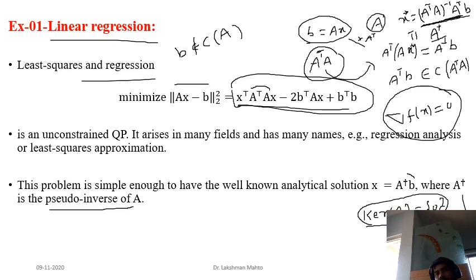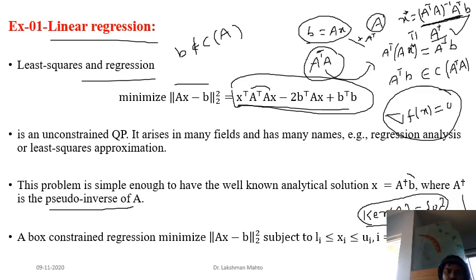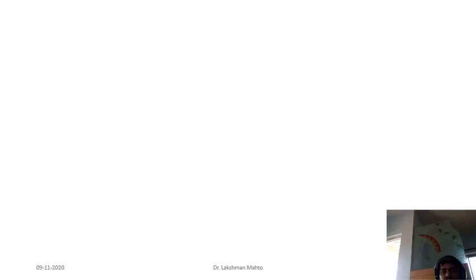There are various ways to find this pseudo inverse. Last year we already discussed a lot about finding the pseudo inverse using SVD. Those concepts you can apply here in order to find the pseudo inverse. Okay, so you got the solution of this given regression problem directly. This analytical solution, you got it. Now further, this was the unconstrained problem. If you are willing, you can further put any box kind of constraint or whatever constraint over the given regression problem. It depends upon what kind of problem you are taking, and the problem will suggest some special kind of